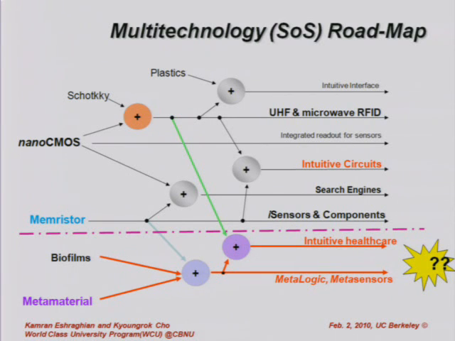Now what happens? What are the products of the future? For example, if we have Memristor here and metamaterials here, if we can merge these together, what are the meta-logics, meta-senses, intuitive healthcare that some of them hopefully begin to emerge in a not too distant future? So the possibilities of the product give us a lot of motivation to rethink the whole process of systems, particularly